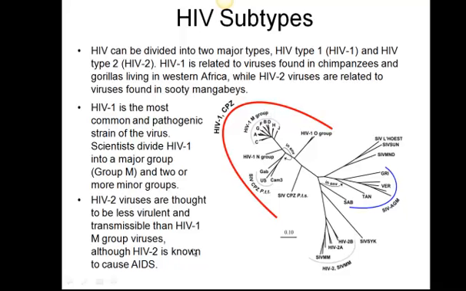There is an HIV-2 virus. It seems to be less virulent, and it's more of the class that is going to infect monkey species instead, although the HIV-2 class is known to cause AIDS in humans as well. But it seems to be a less virulent form. So by comparing sequences between these two viruses, we may be able to learn more about why the class M organisms are so much more virulent in human systems.